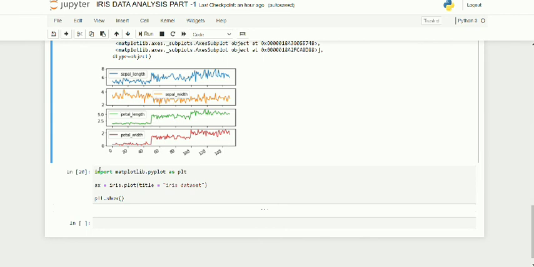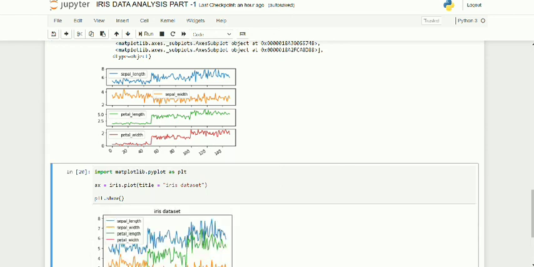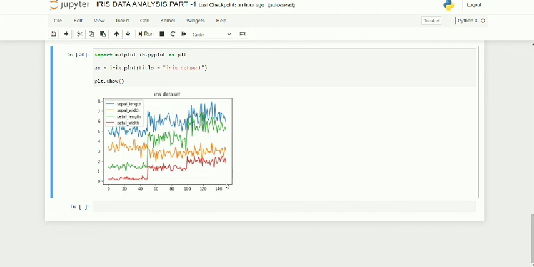For that I will import matplotlib.pyplot as plt. Then I will call a variable named x to draw iris.plot and the title of Iris dataset. Then plt.show. As in the output there is a graph of four characteristics, that is sepal length, sepal width, petal length, petal width, as you can see here.